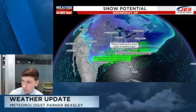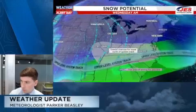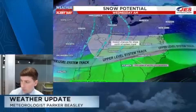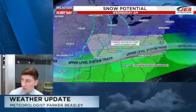But this is the overall setup for the day. We've got that rush of cold air continuing in from the north, and then, of course, the overall best storm chances right on top of us, spreading out towards the east and out towards our west. And then later tonight,